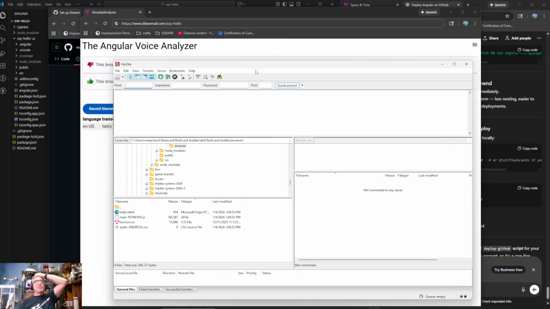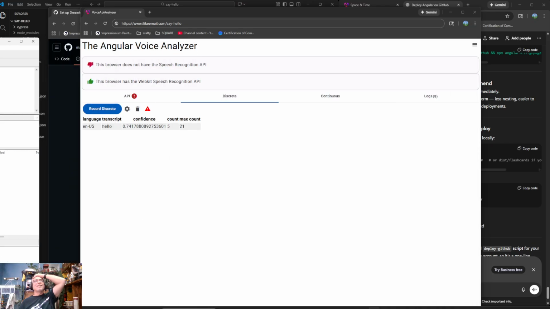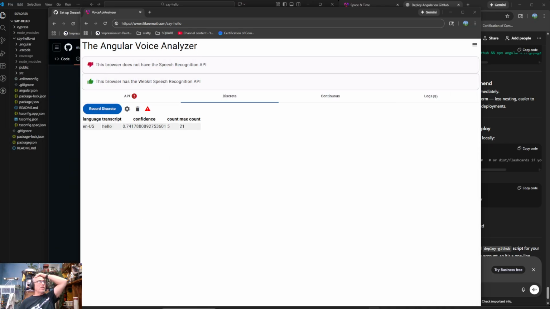Now I can click on this and it'll show me a list of my sites. I need to do that off camera, because it does show my username and I don't want that to be visible.